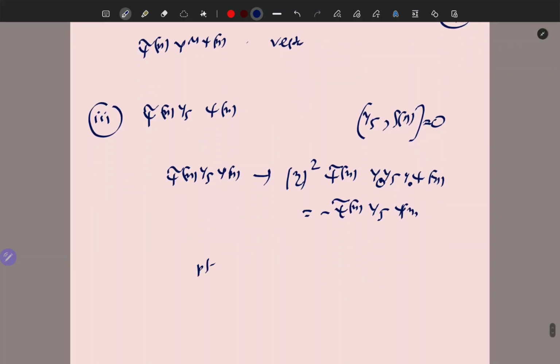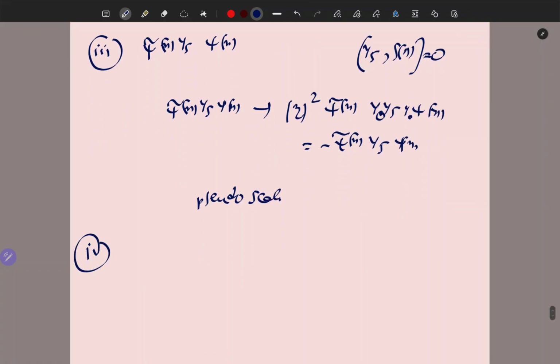It transforms like a pseudo scalar. This is scalar, the sign changes, which is pseudo scalar. The time component changes, then pseudo scalar. Then the fifth is psi tilde gamma phi gamma mu of psi. So this is a pseudo vector or axial vector. You can check that. This is a pseudo vector